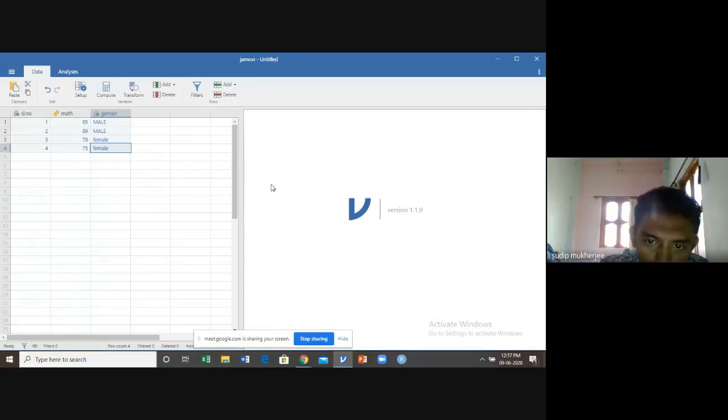I mean to say, you cannot open any file with the XLS extension. So remember this thing. In Jamovi you cannot import any XLS file. When you try to import any file, you have to save the file with the .csv extension.